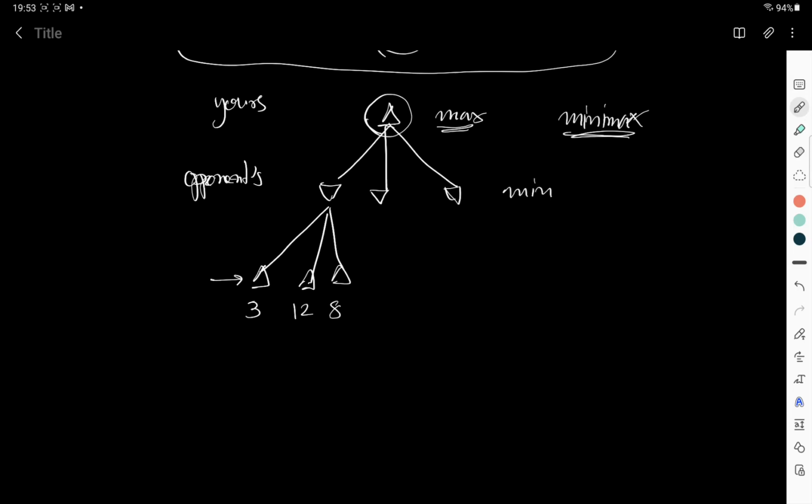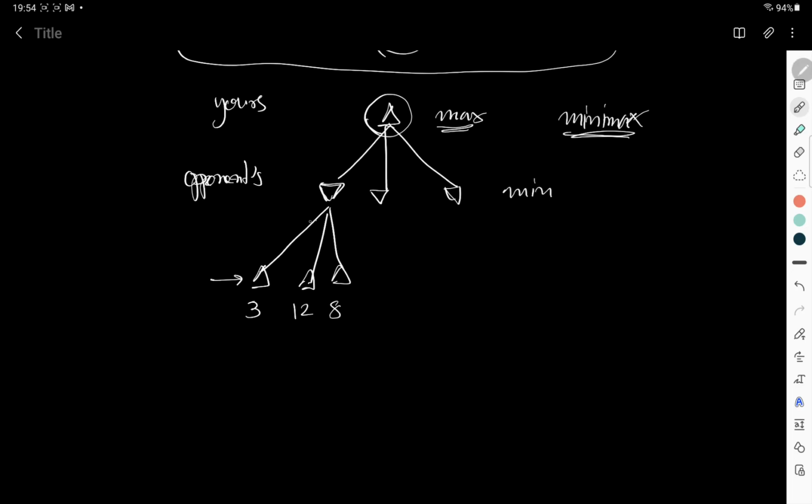Lower is better for your opponent, not for you. So if you were your opponent, you have three choices, 3, 12, and 8. Which one do you have to choose? For the optimal opponent, the one that chooses the best path he or she can choose,